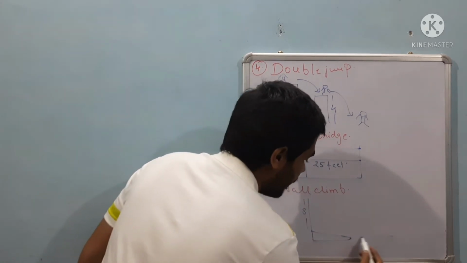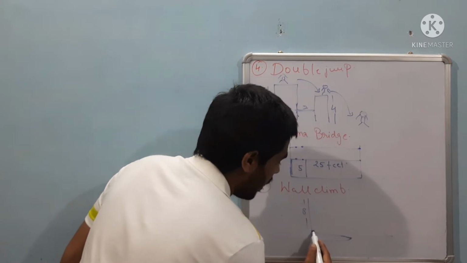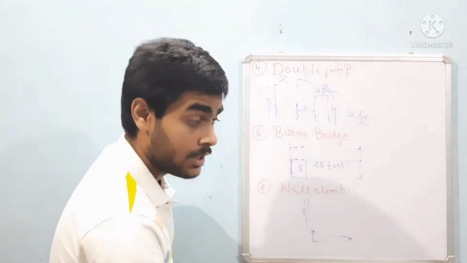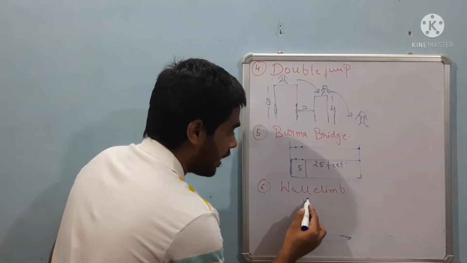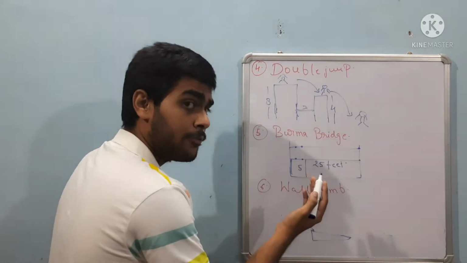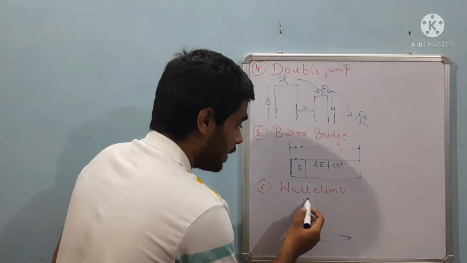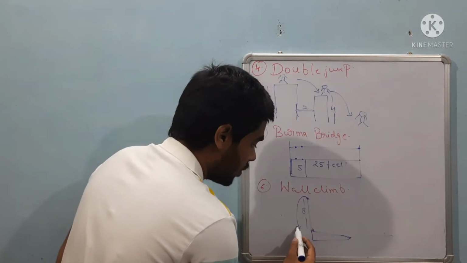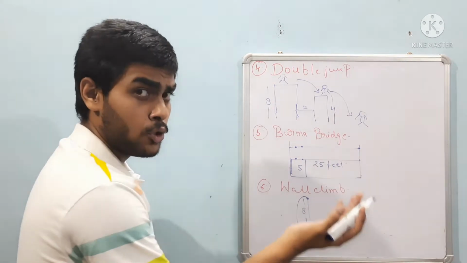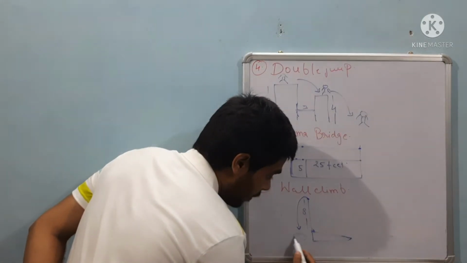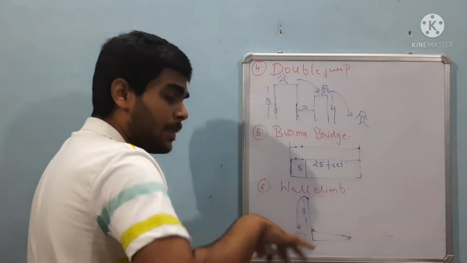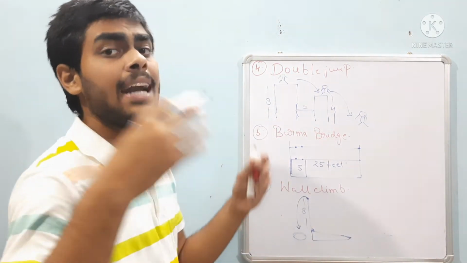You have to come running, and with the help of the slope, you have to generate suitable thrust that pushes the body, and you grab this wall, and after grabbing this wall, push your body upwards and stand here. And by standing here you should jump downwards. While jumping you should not worry about getting injured, because here is a suitable amount of sand which will counterbalance your weight, and thus you will not get hurt.